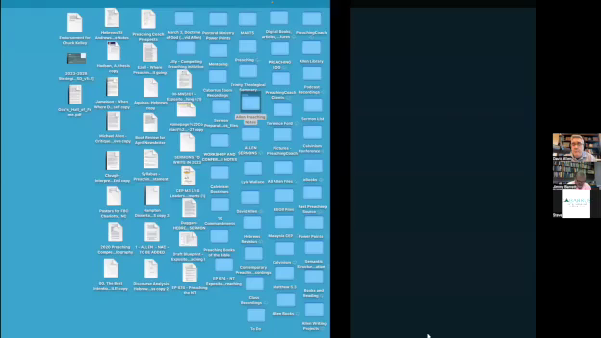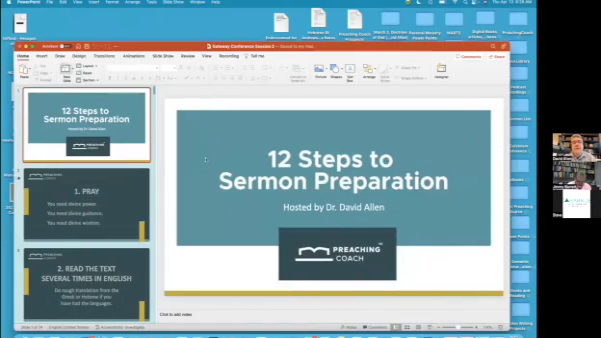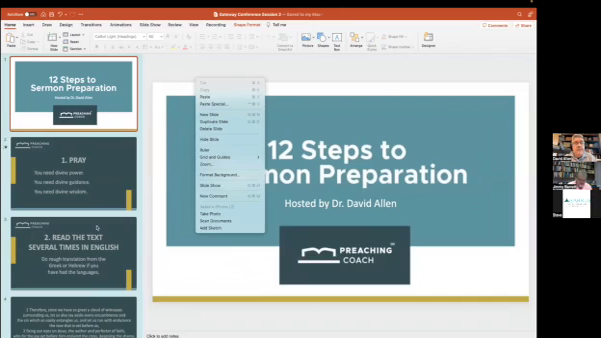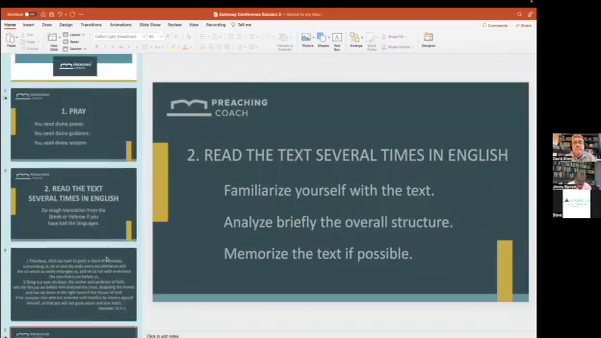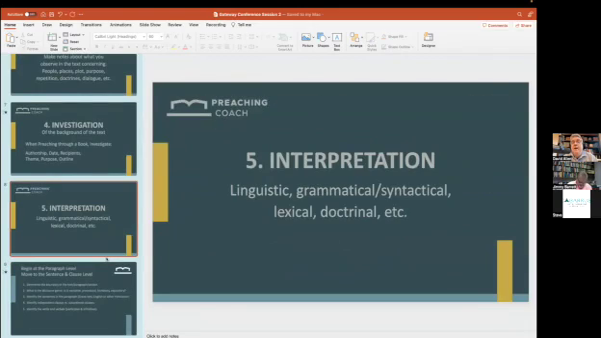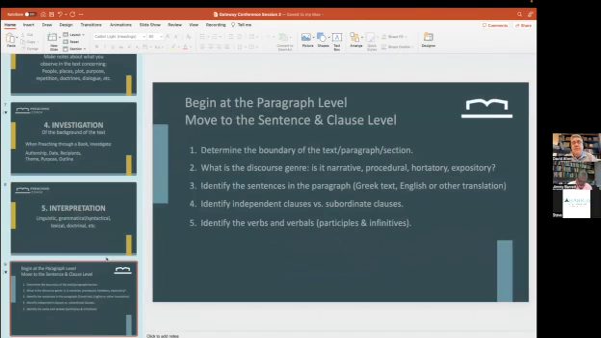This is what we've been doing: walking through the 12-step method. So what I want to do is share my screen with you, and I'm going to pull up the PowerPoint that we have been using, and get us to where we need to be in terms of how far we've gotten. We're in step number 5 right here, the step that says interpretation. We're in step number 5, and we've already looked at